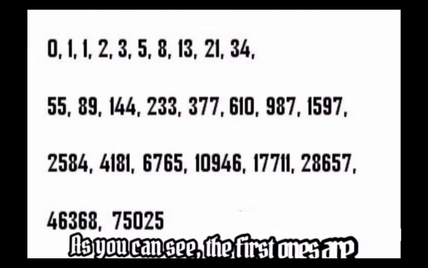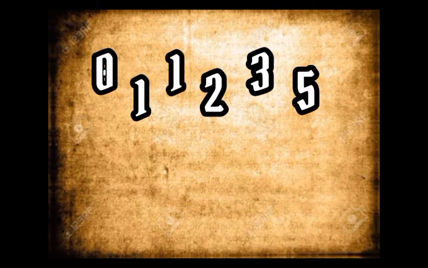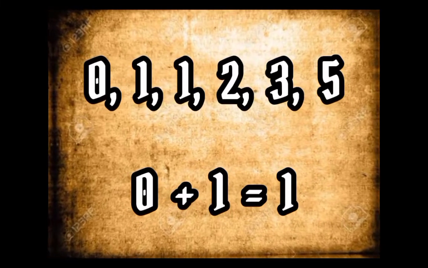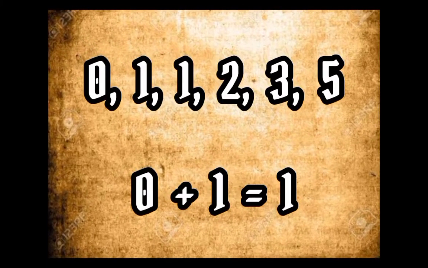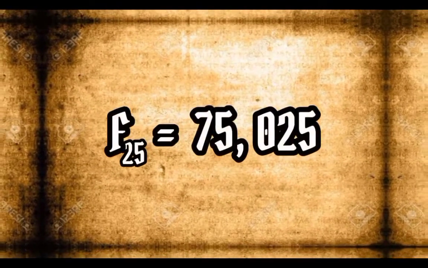As you can see, the first ones are 0, 1, 1, 2, 3, and 5. To get that sequence, all you need to do is to add the first 2 numbers to get the third number, and so on. So, for example, 0 plus 1 equals 1. Thus, as you can observe, there are two 1s in the Fibonacci numbers. Another example is 1 plus 1 equals 2, and 2 plus 3 equals 5. This pattern can then be repeated until you get 75,025, to get the first 26 numbers of